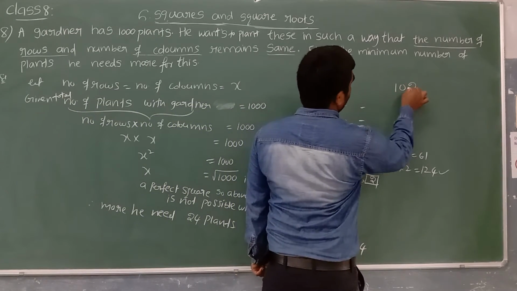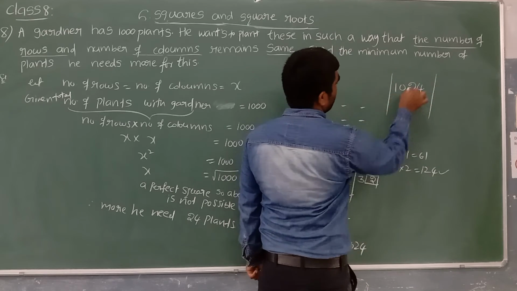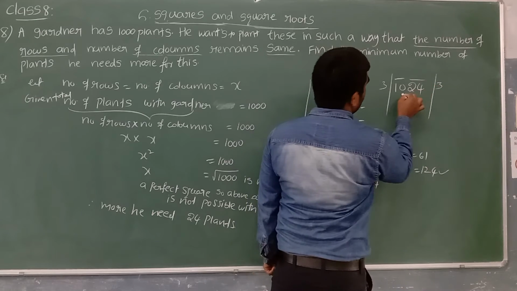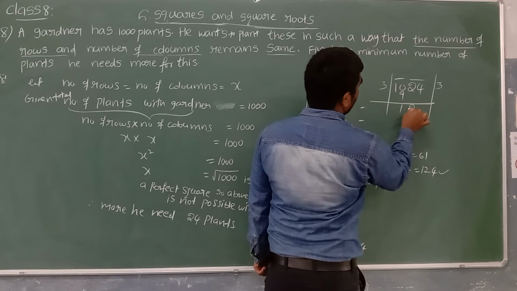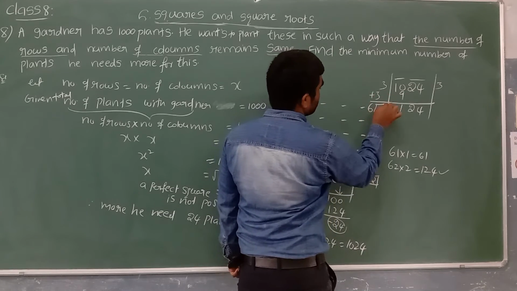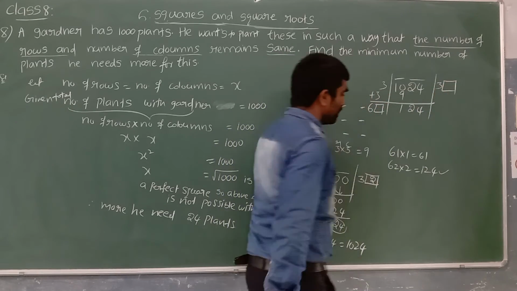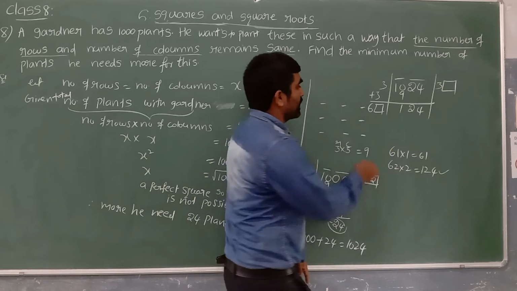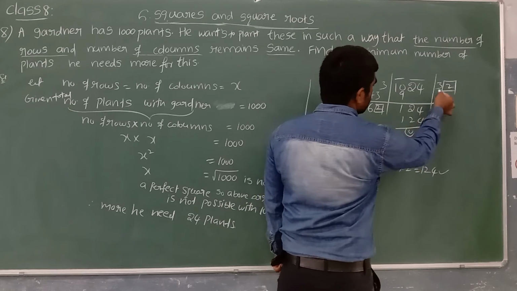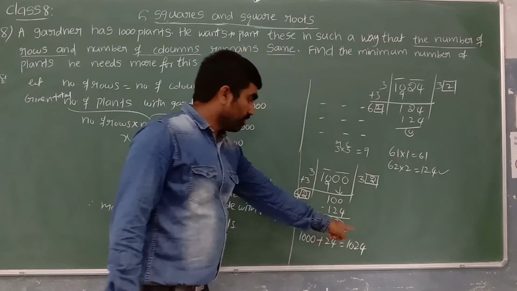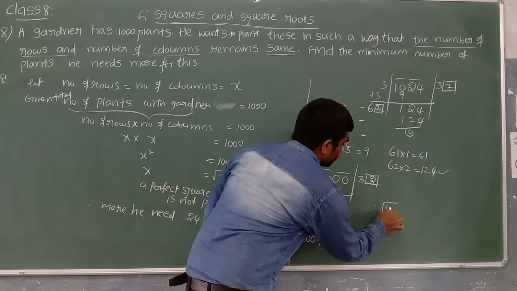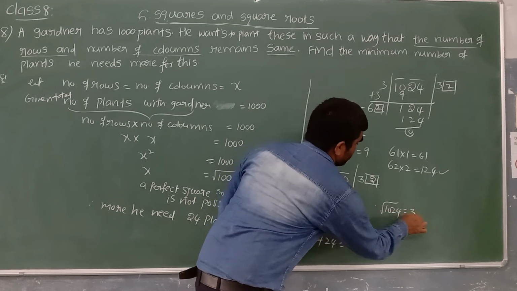Yes, 1024 is a perfect square. Let us verify here. What is its square root? The nearest perfect square of 10 is 9, 3 threes are 9. 1 left, and we take 24 down. Then 3 plus 3 is 6. Keep one box, here also one box. 62 twos are 124. Exact, I'm getting here, so 0 remains. So what is the square root of 1024? 32.